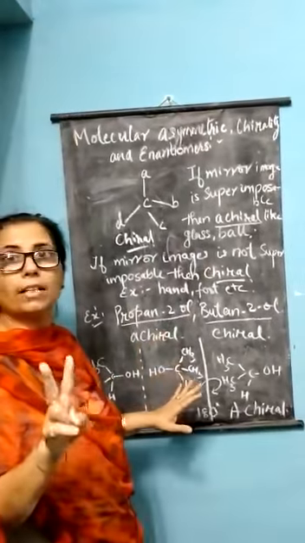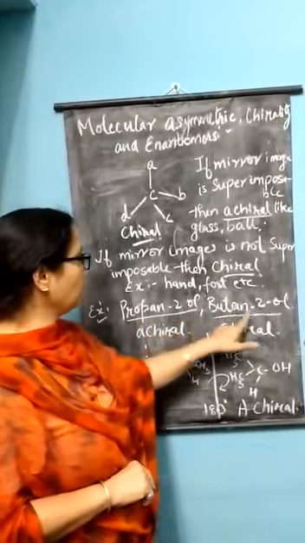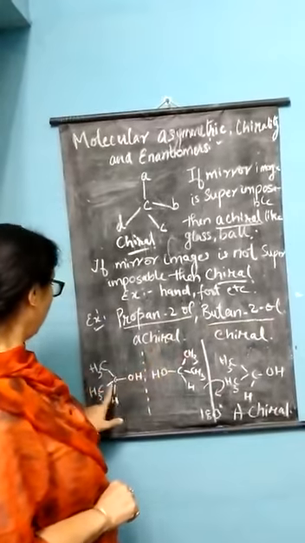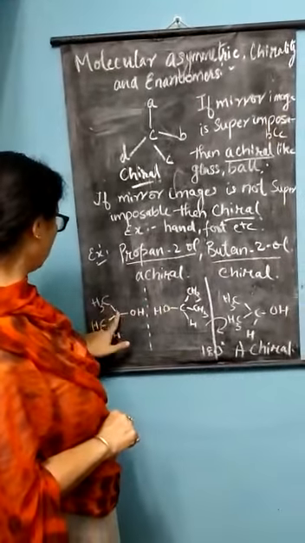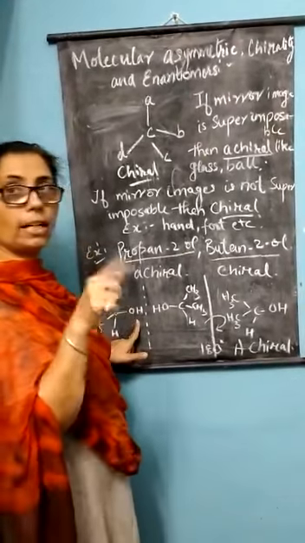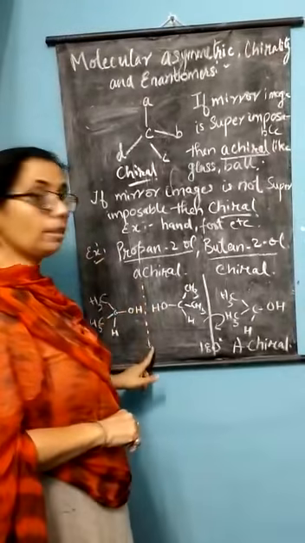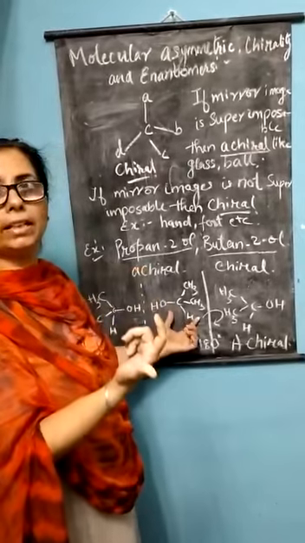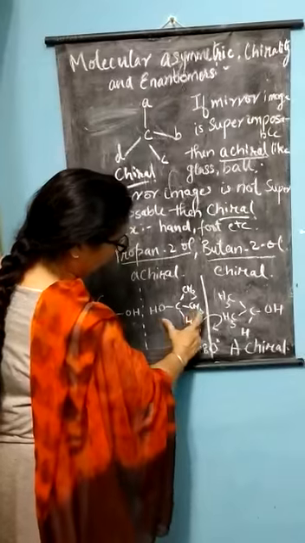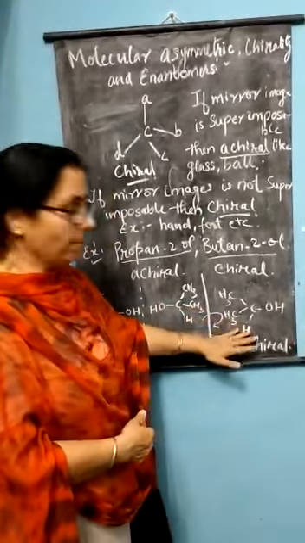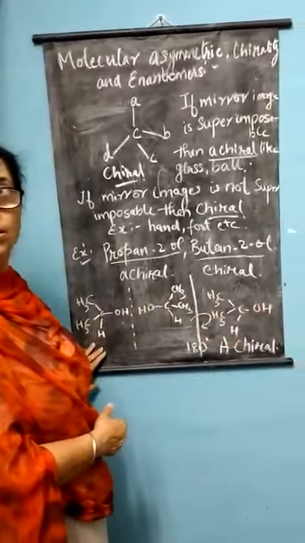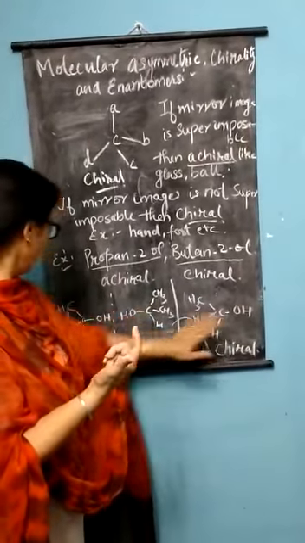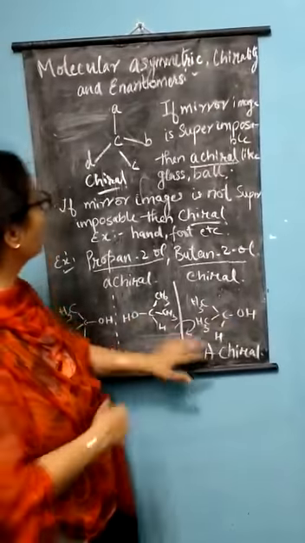Similarly, we can take two examples of it. One is propan-2-ol and another is butan-2-ol. In propan-2-ol, you can see how it is achiral. See, the carbon has two methyl groups, CH3, and OH is attached to this second carbon. When you take the mirror image, you will get this image. The mirror image has to be rotated by 180 degrees. When you rotate this mirror image by 180 degrees, the product which you get should superimpose on the original one. And in this example, you see that the final product after 180 degree rotation is superimposing. So it is known as achiral.